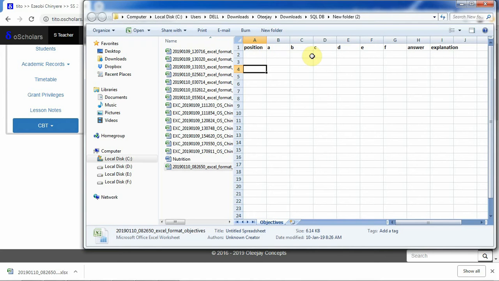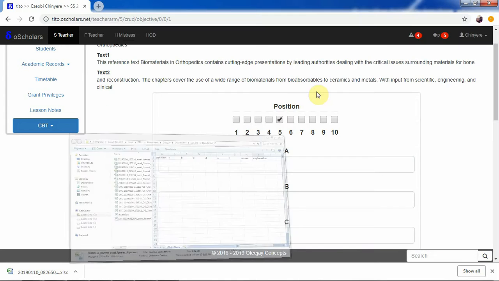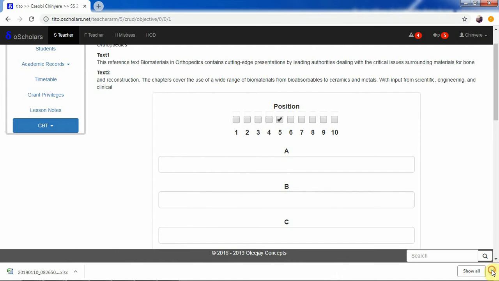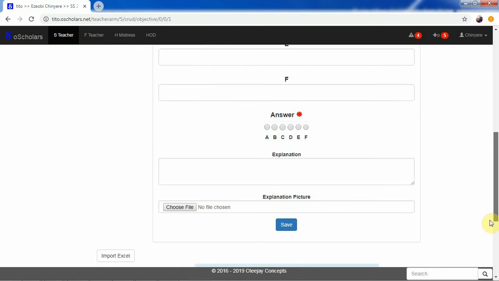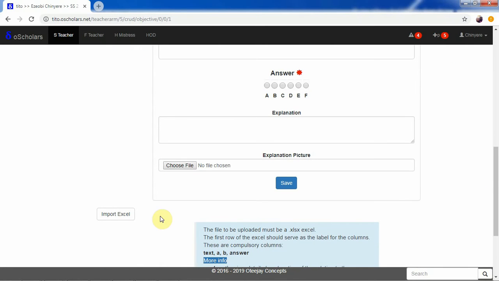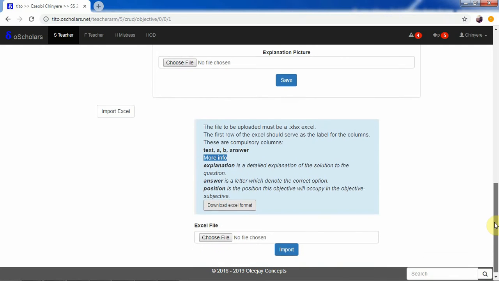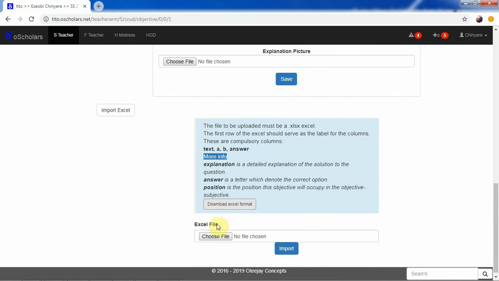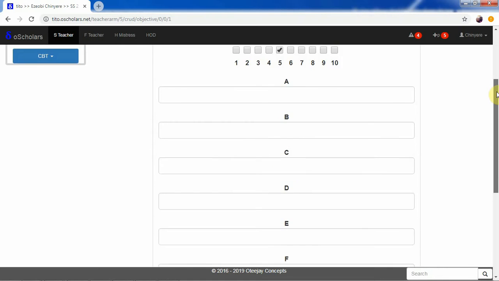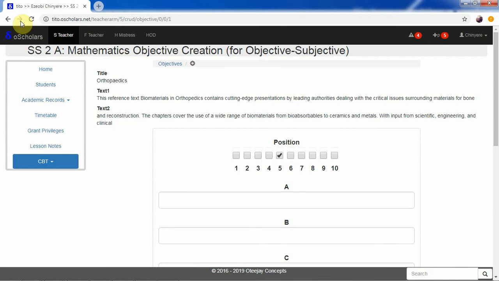Then we'll put the objective text, the options there, then the answer. Then we can put the explanation for that one. And that is how we can create or add more objectives to objective subjective. Now, under that condition, we need to choose the file here and import it into this particular application, and those objectives will be automatically